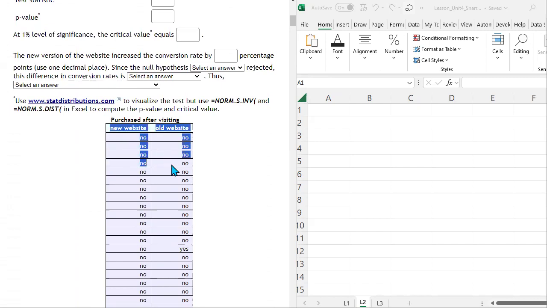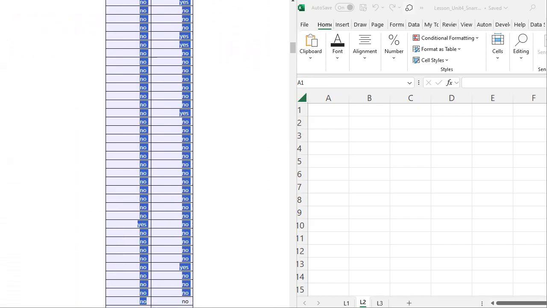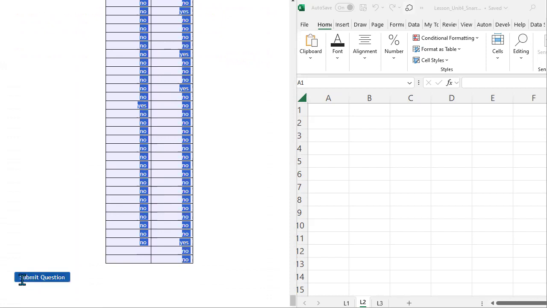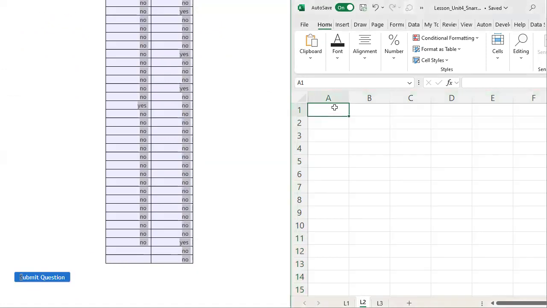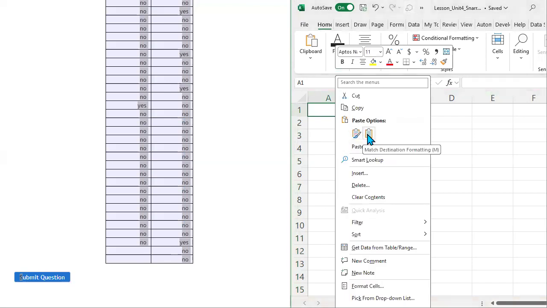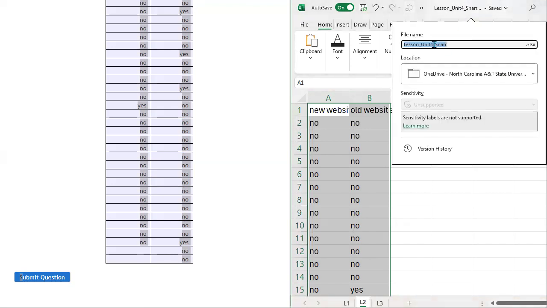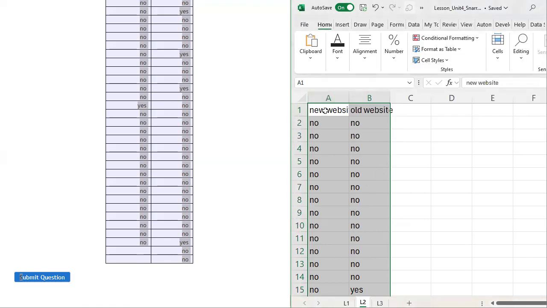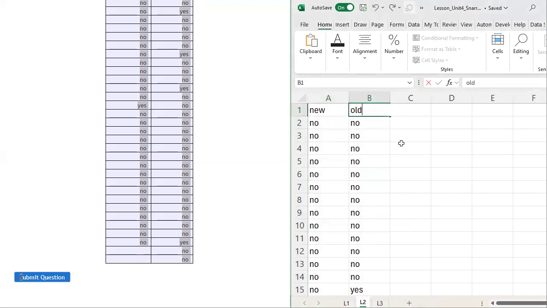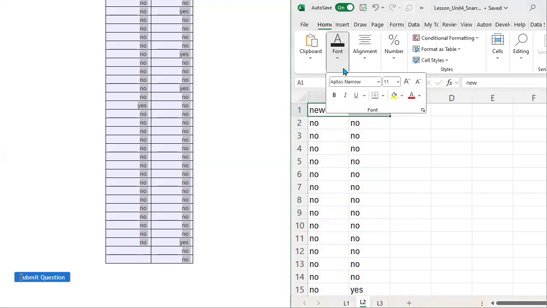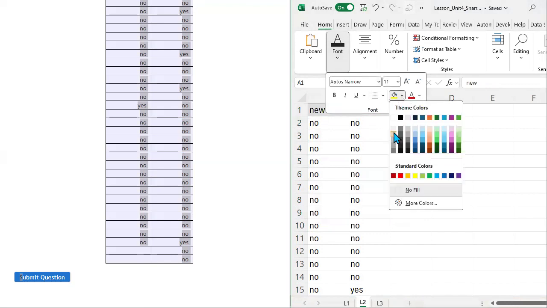We're going to copy the data in this table to Excel. I'm going to grab everything in the table, and then I'm going to grab something outside the table, paste it right here as match destination formatting. I pasted it in the worksheet L2 in the file name lesson_unit4 SNAR. So I'm going to abbreviate this new, and I'm going to abbreviate this old. And then I'll change this to